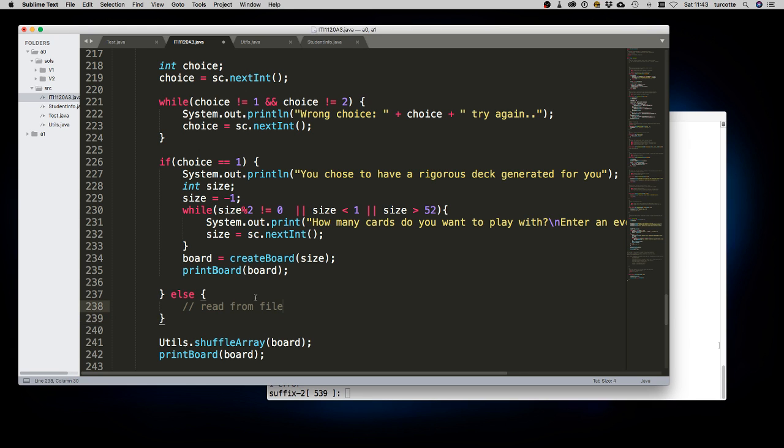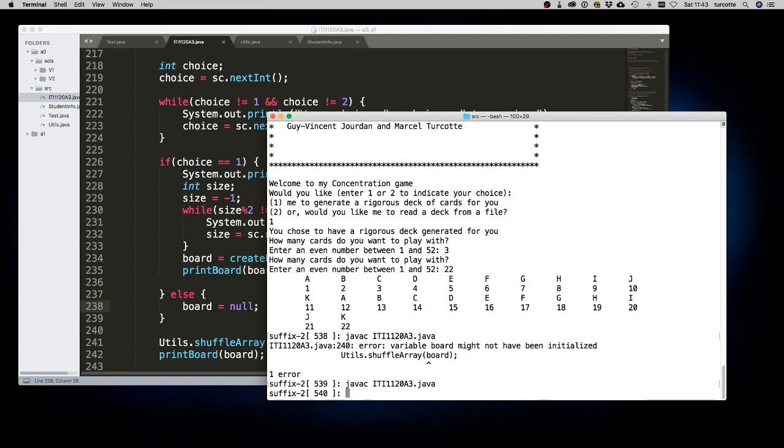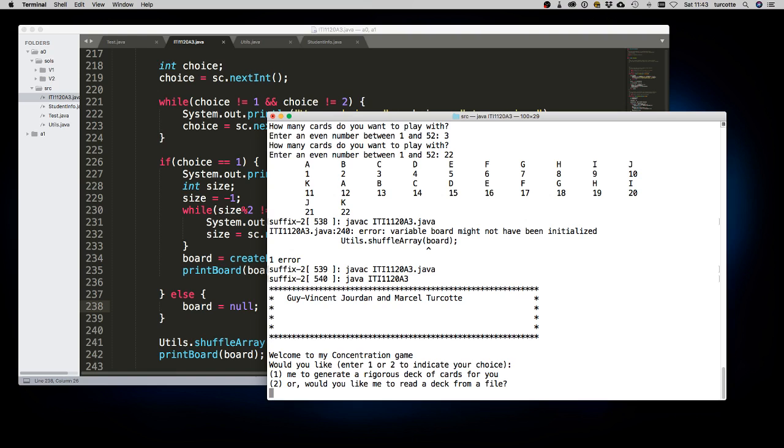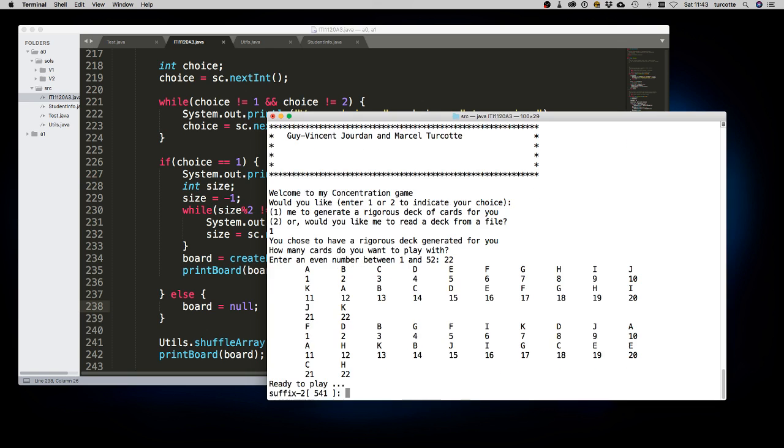One way would be to remove the else. That would be one way. Or maybe we could just put a null value in it. So we could try that. The compiler will not see that this is a very dangerous thing to do. So that is an unfortunate trick that we have to play. So now, if we execute that again and say 1 again, and say let's go with 22 again, here you go. So you can see that you have a board that is created and then it is shuffled,